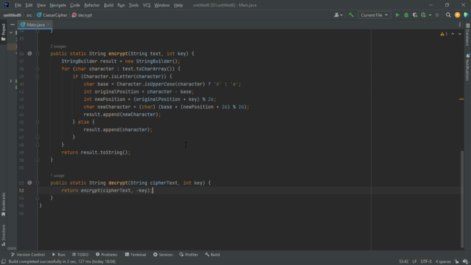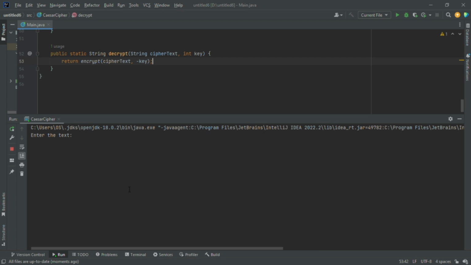So now we will run this code. Let's enter the text, which is system, and my key is 5, and I choose encryption, and that's why I choose 1. And here we can see the encrypted message is